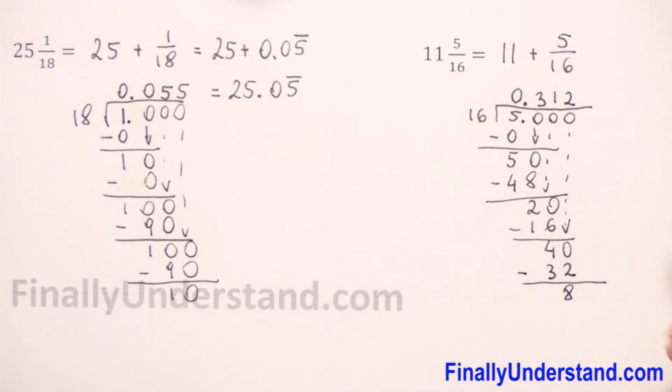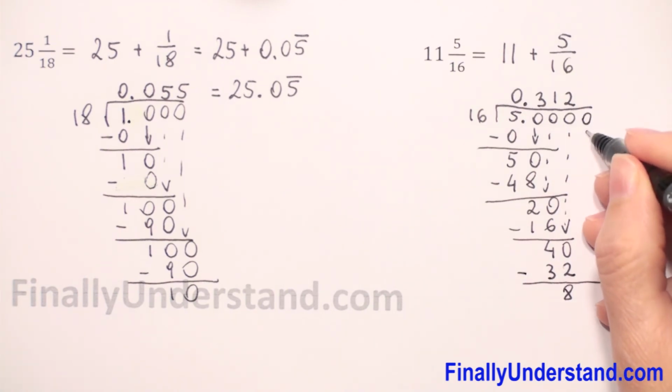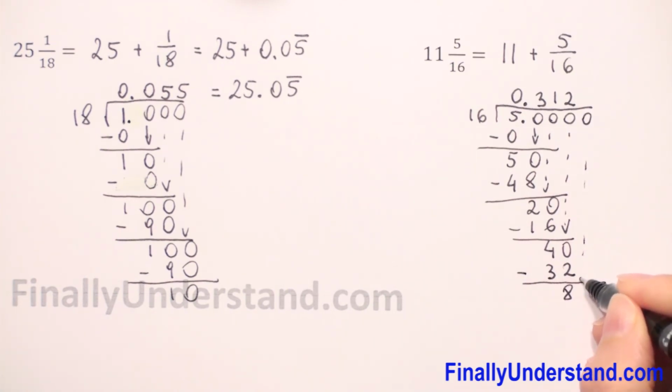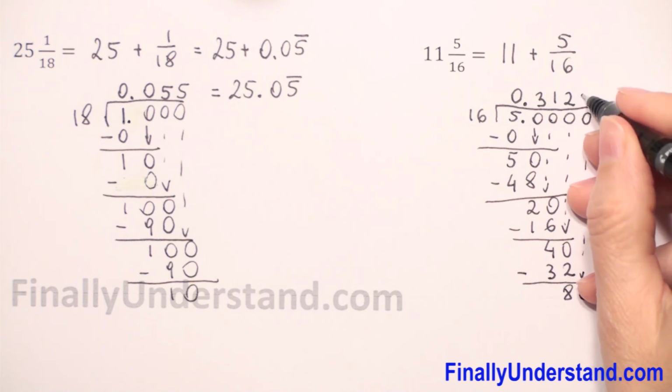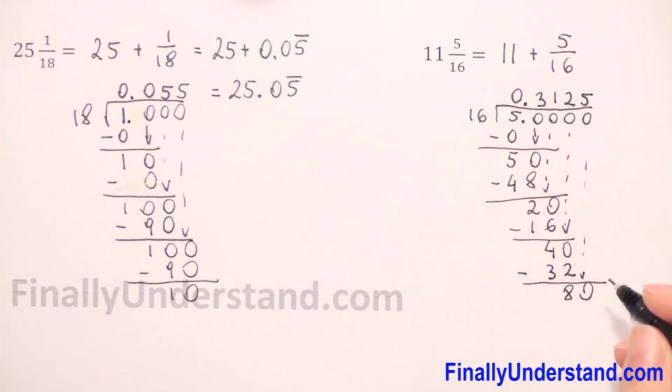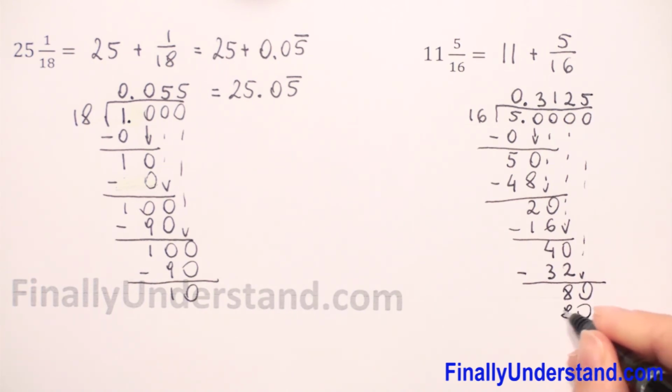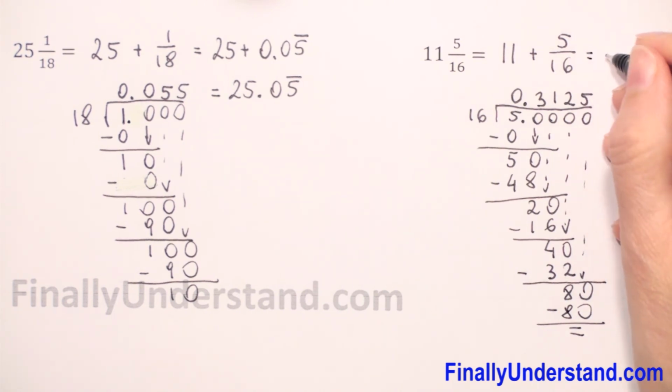We can add another 0, so it will be 80 divided by 16 is 5. 5 times 16 is 80. We finish long division, so we can rewrite that this is equal to 11 plus